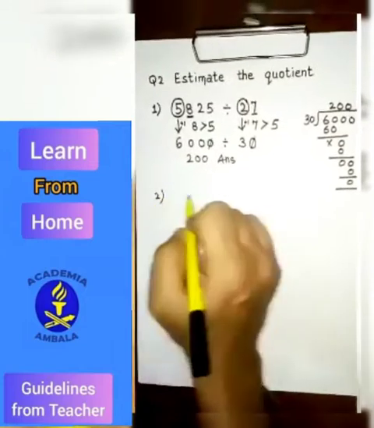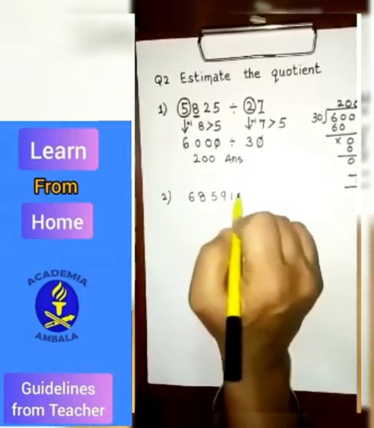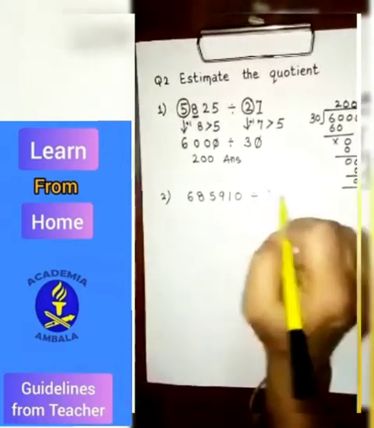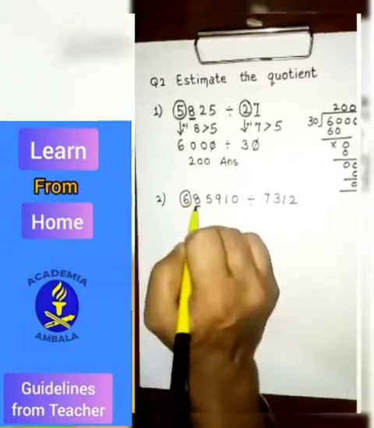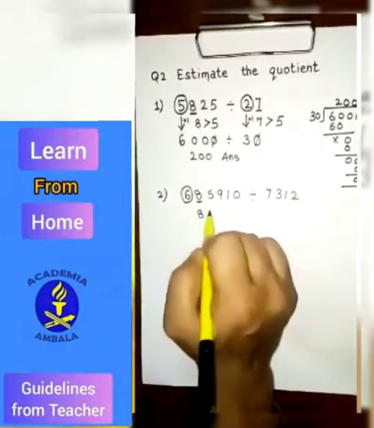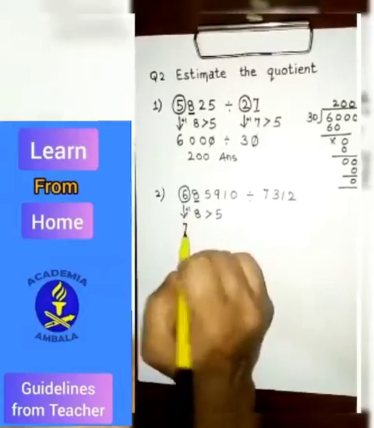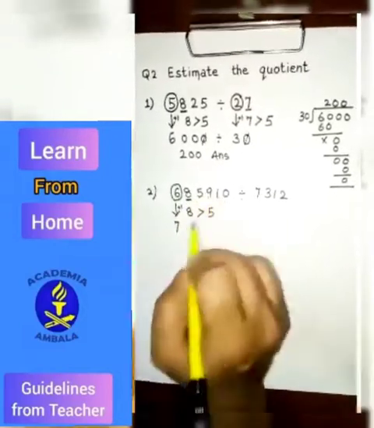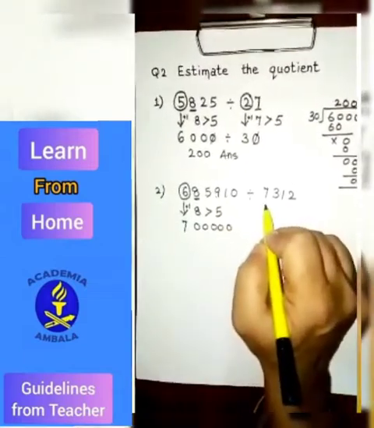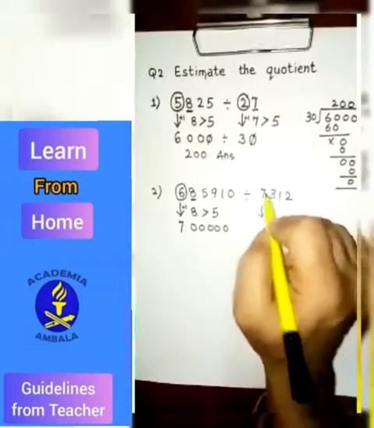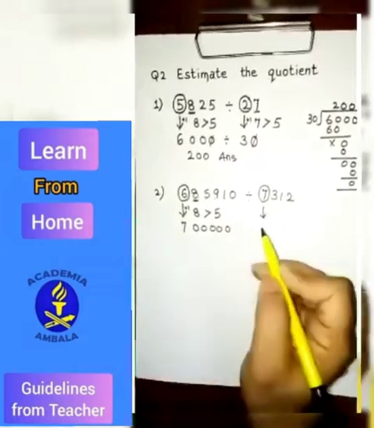The second question to it is, it's a big number. Just see the numbers that I am writing and then the next number. Now again the first digit and the second digit. Now the 8 is again bigger than 5. So you are going to add 1 in this. It becomes 7. 1, 2, 3, 4, 5. So you are going to put 5 zeros. Always remember that you have to count how many zeros are supposed to be written. If you will be writing 1 zero less, the answer will be wrong.